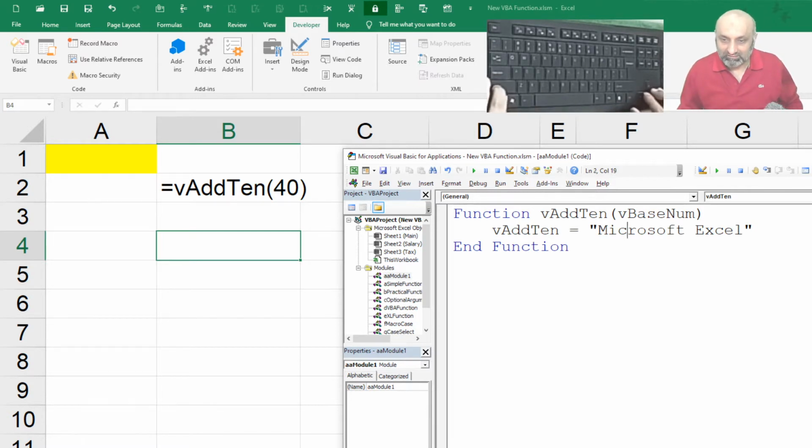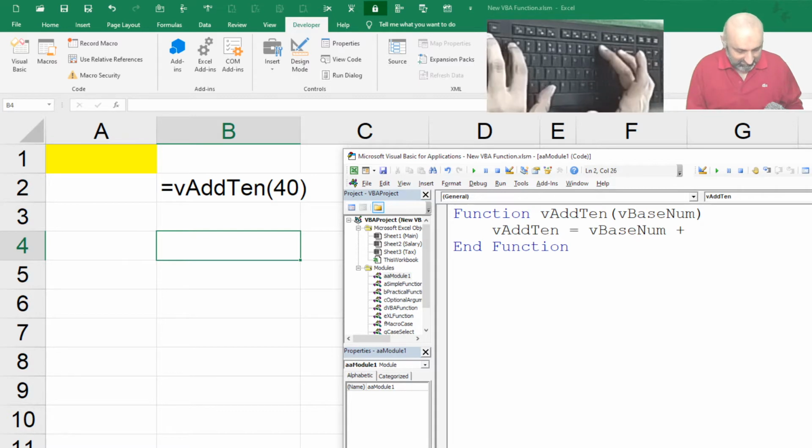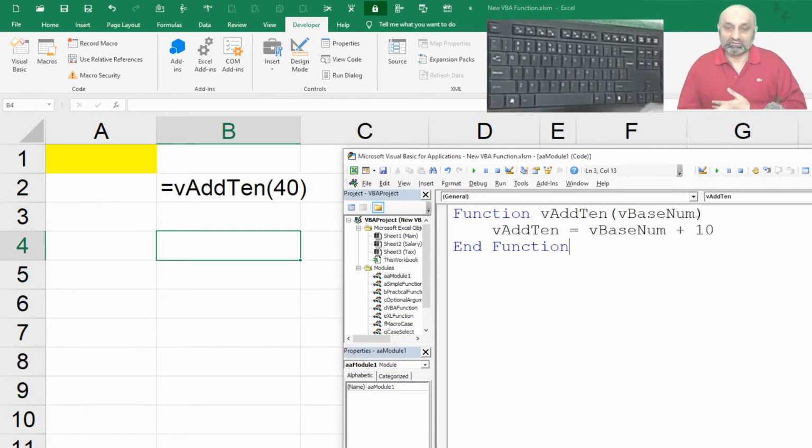So let's use this vbase num and say vbase num plus 10. So I'm sending the value of 40 to VBA, VBA is catching it and storing it in vbase num. That is, now vbase num is 40 and I'm saying the value of my function v add 10 is equal to base number plus 10.